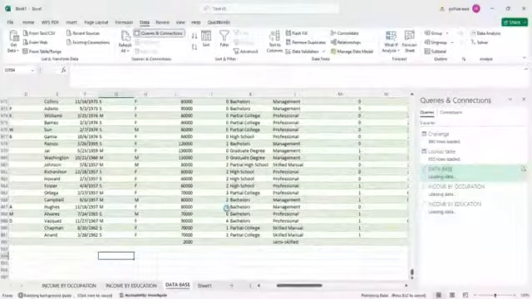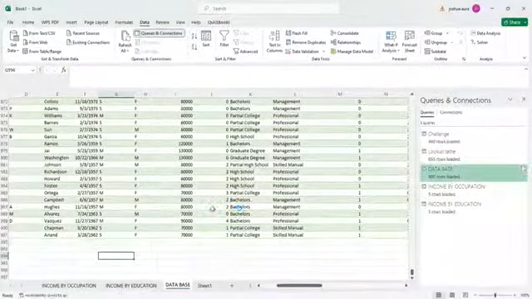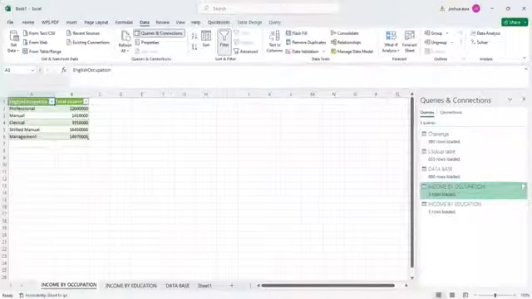Just come to data, then say refresh all. Refresh all. We have by occupation or education, refresh all. Good. We've added something there, semi-skilled. So let's see if it will be captured there. Good. Now, if I come to this part,